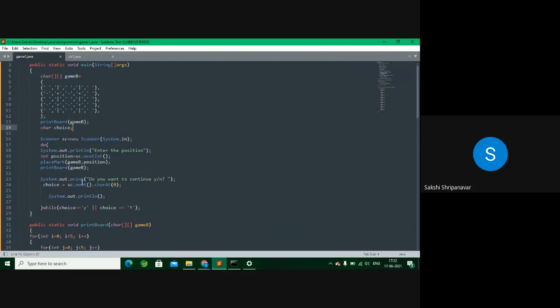After that, I scan that character. After that, we just place a while, and it gives to the do. If y is entered, then it runs the loop again, and if n is entered, then we go out of the loop. That's it. Okay, okay, perfect.